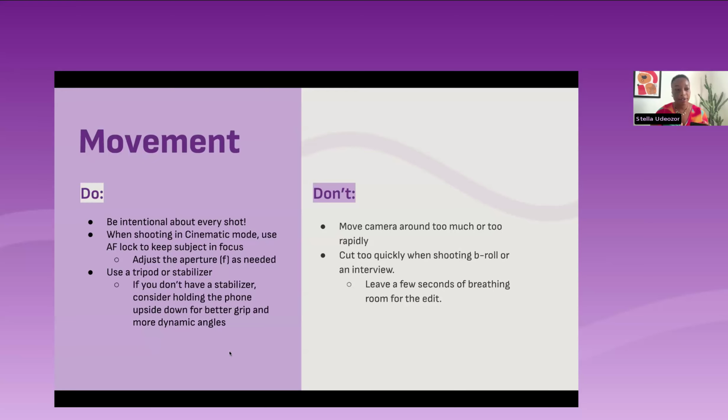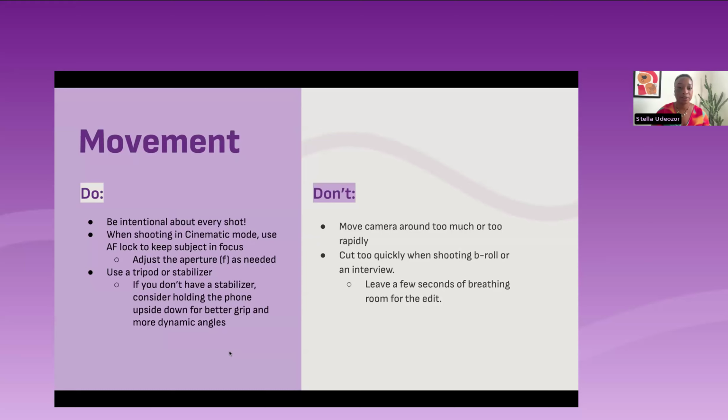If you have the iPhone or if you have an Android, a lot of the phones now have built-in stabilizers, so you don't have to worry too much about shaky hands. But sometimes it's helpful to have a stabilizer or some kind of gimbal that gives you a smoother picture. And now you can find those for fairly reasonable prices. Or maybe you just invest in a nice little tripod